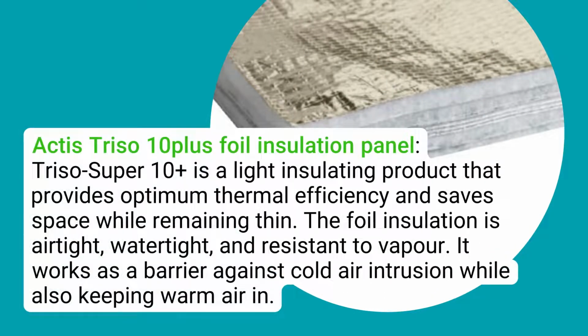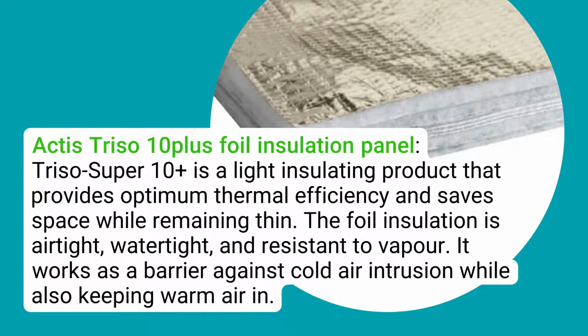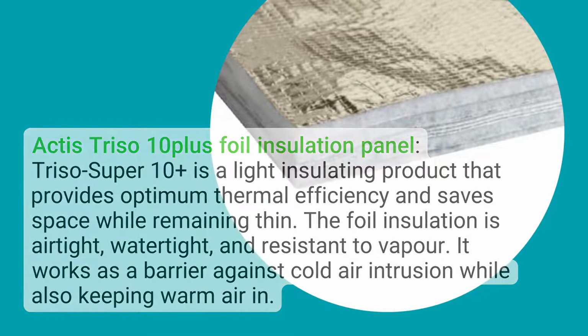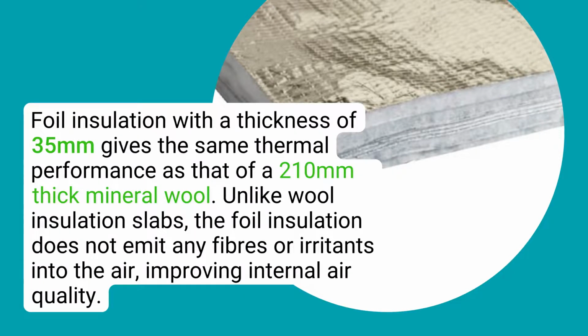Actis Triso 10 Plus Foil Insulation Panel. Triso-Super 10 Plus is a light insulating product that provides optimum thermal efficiency and saves space while remaining thin. The foil insulation is airtight, watertight, and resistant to vapor. It works as a barrier against cold air intrusion while also keeping warm air in. Foil insulation with a thickness of 35 mm gives the same thermal performance as that of a 210 mm thick